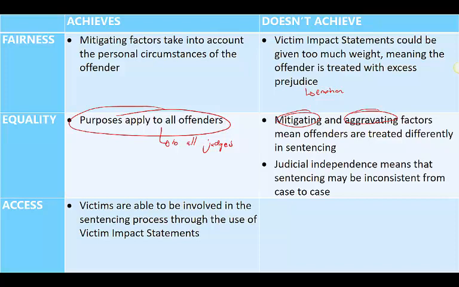There are some guidelines from the government, obviously, but judges get to choose sentences. It's a really important feature of our separation of powers. But this means that sentencing may be inconsistent, and we know inconsistency is unequal. Finally, in terms of access, one I just mentioned before was that victims are involved right through the sentencing